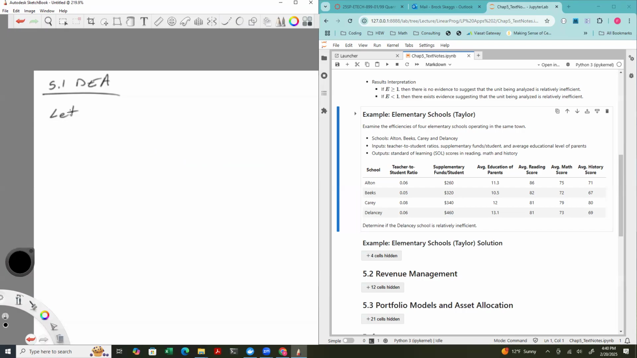All right, so as I was saying, our decision variables represent weights associated with the parallel operating units, while our parallel operating units are Alton, Beeks, Carey, and Delancey. Weights here starts with a W, so instead of using X for my decision variables, maybe I use W and subscript them with each of the first letters of my school. So I'll say, let W sub A be an element of the reals, be the weight for Alton,